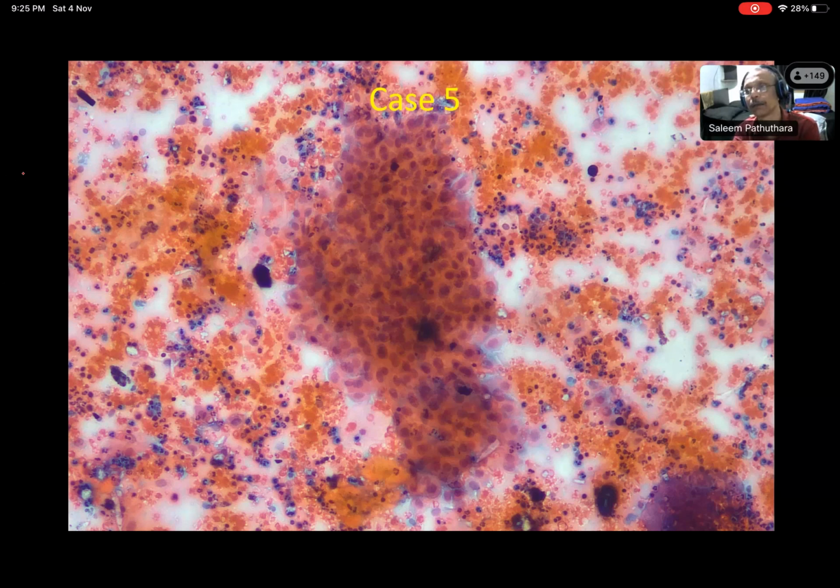So these are basically parabasal cells, right? Sheets of squamous epithelial cells, parabasal. They are not. See, if you are sampling the endocervix properly, you will get metaplastic cells and endocervical cells. So what happened to these squamous cells? What is the morphology telling? Is it overlapping? It is overlapping. What about the nuclear features? Can you read the nuclear features?